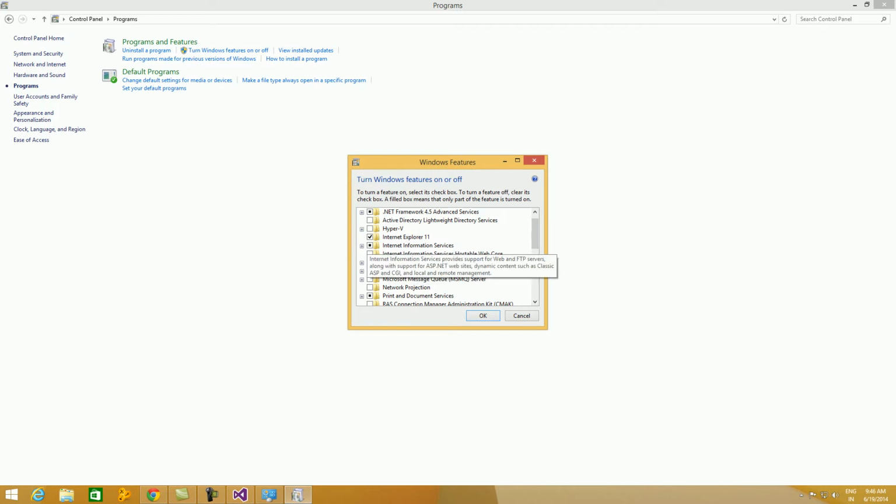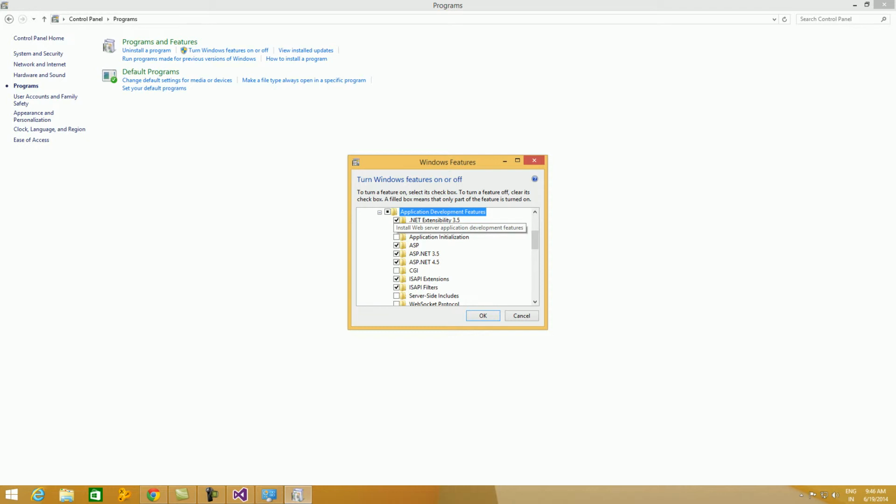you have to go to Internet Information Services, you have to go to World Wide Web Services. There you have to select Application Development Features.